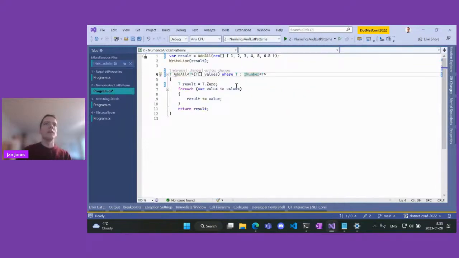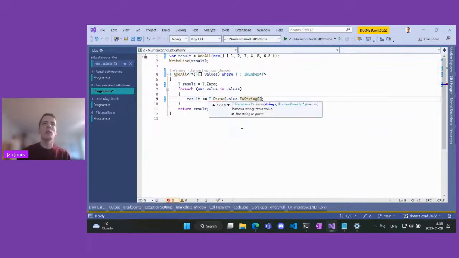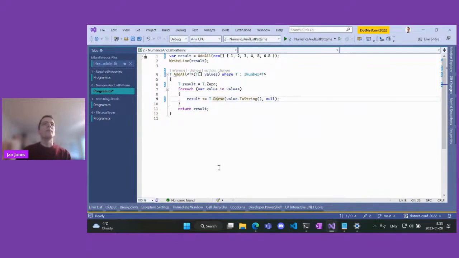So having this interface allows us, for example, if we had strings here, let's just cheat a little bit and say we have a string, we can now call t.parse, parse the string. It also takes format provider, let's put null. And now we have a generic way to parse strings into t's, which can be integer, double, whatever.